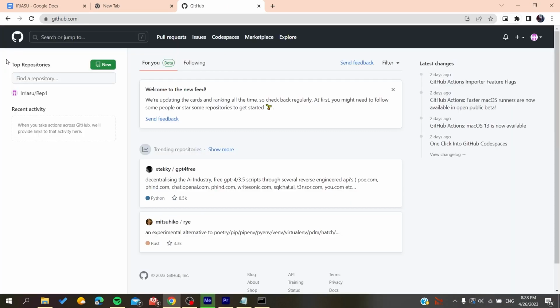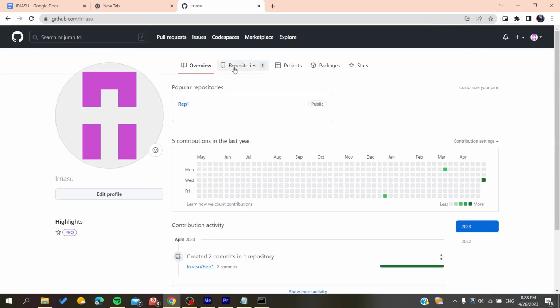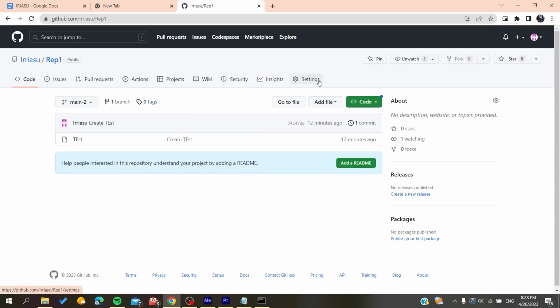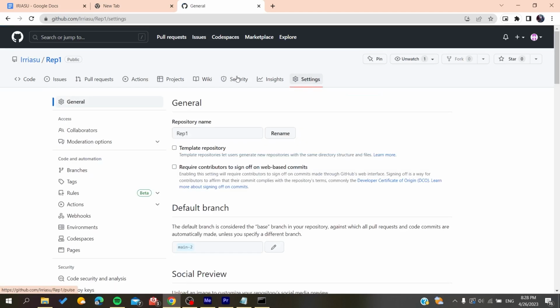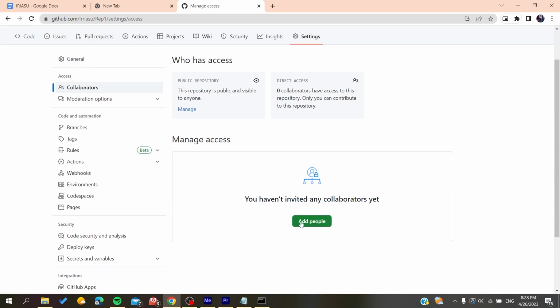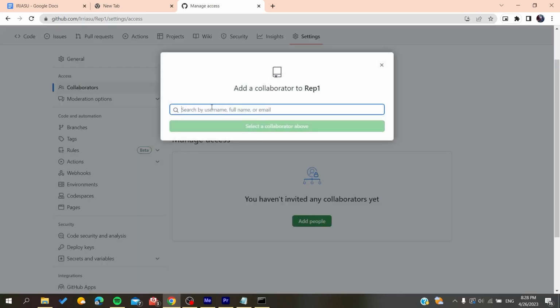So basically after you log into your account, you will need to go to your profile so we can access your repository, and here we will find repositories. We'll click on them, then you'll click the repository where you want to add collaborators, then we'll click settings, and then we'll find collaborators. Then all you need to do is to click on add people, and here you will